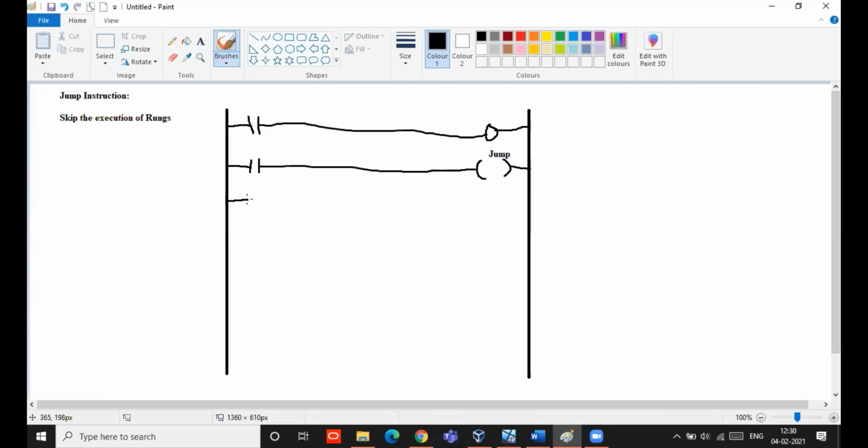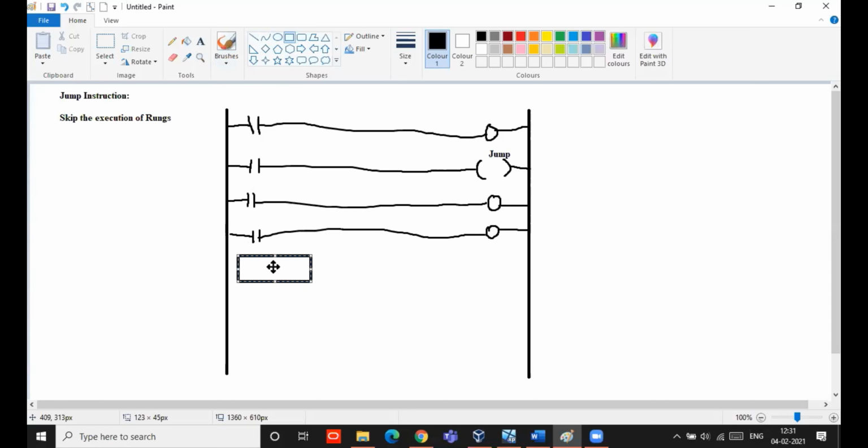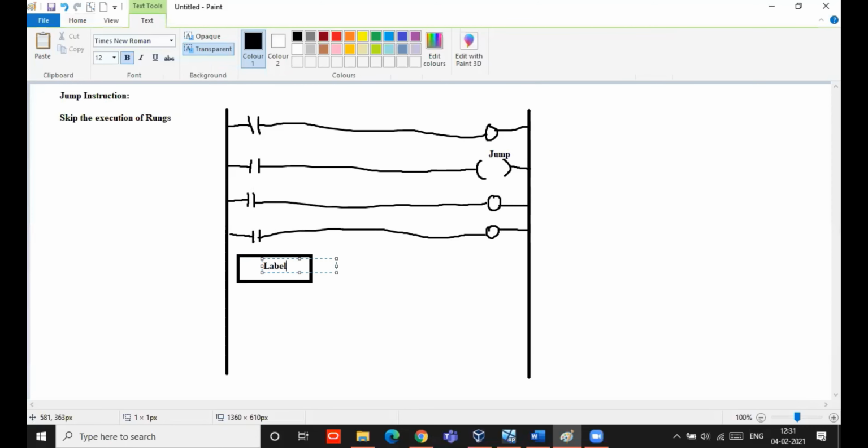Now after jump, I am going to use some input and output. And for ending that jump, I have to use a command called label. So label is nothing but ending that jump. Jump end.